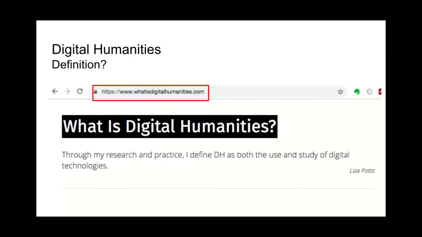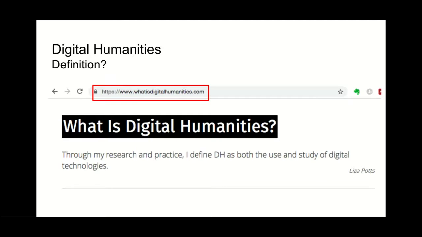So, first off, I won't belabor the many definitions of the digital humanities. Within the discipline, the exact definition of DH has been debated since the inception of humanities computing decades ago. Perhaps the best illustration of this is the fact that there is a website called whatisdigitalhumanities.com.